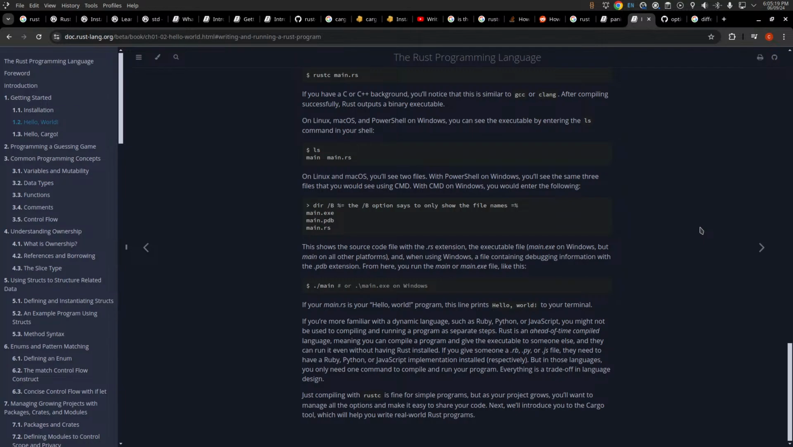You're fine. If you're more familiar with a dynamic language, you might not be used to compiling or running programs. Rust is an ahead-of-time compiled language, meaning that you can compile a program and give the executable to someone else and they can run it even without having Rust installed. But what if it's a different architecture? If you give someone, they need to have